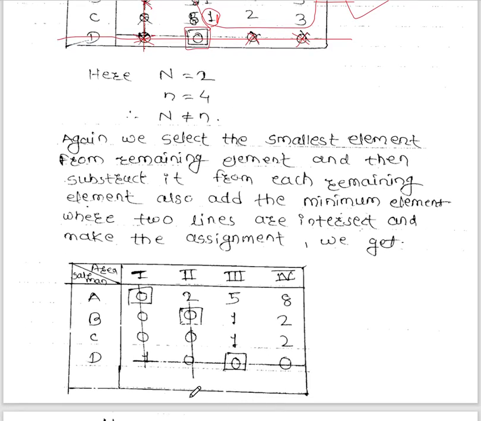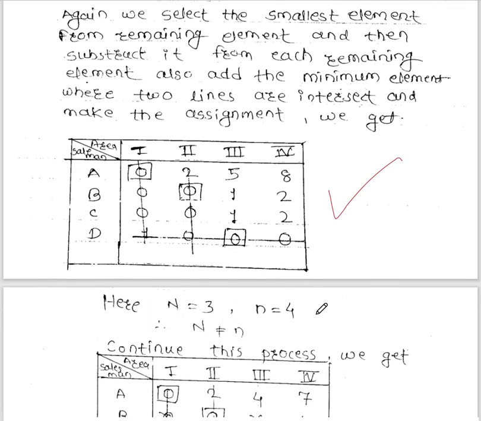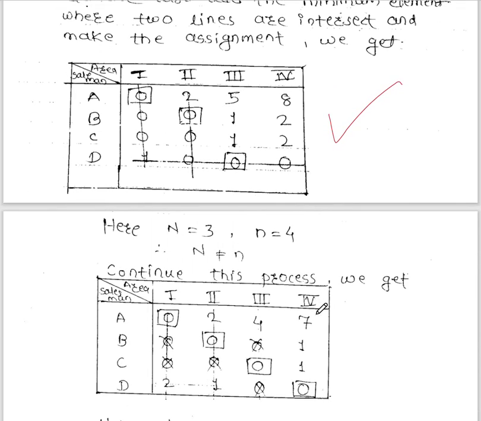And in the last column here 0, here the double line crosses, therefore we can add 1 here, here 0 and 0 and 0. So in this way we can write this table. Okay, now if you observe this table, you can see in each row and in each column there is at least one 0. So then you are ready to make the 0 assignment in each row and in each column.